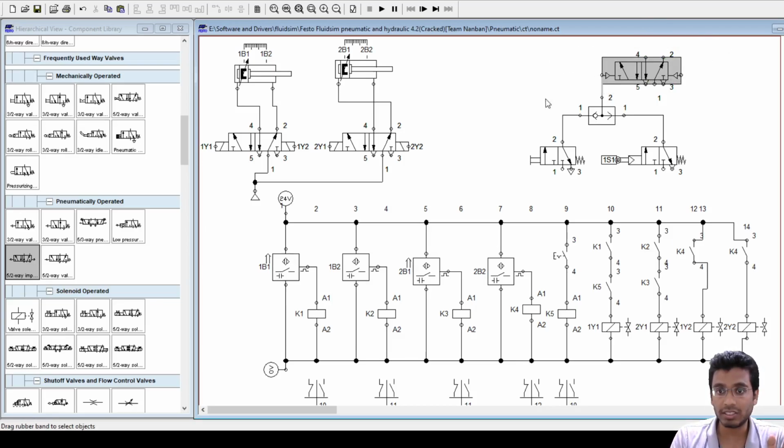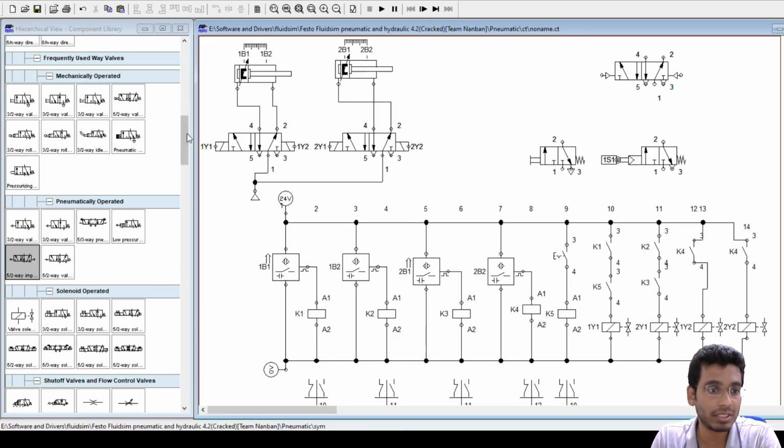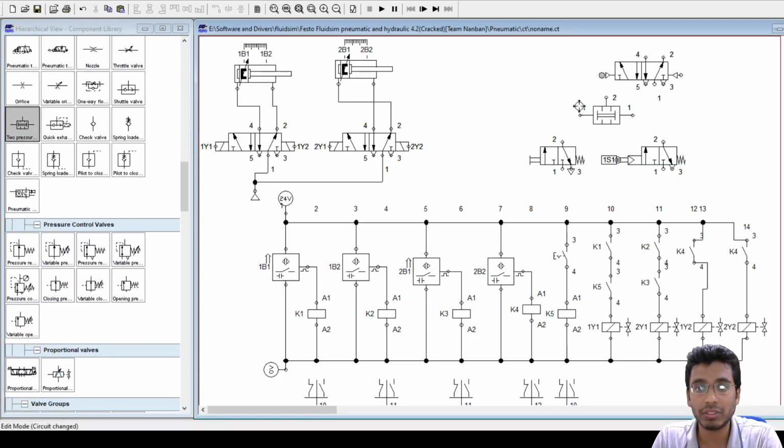Just draw this, just compare this to your this part. Now with this type of push button, you are actually actuating a relay K5. So this K5 is here, this is in series. Yeah, that is an AND gate. Sorry, I just missed it. This should be your AND gate here. That is your dual pressure valve, sorry, not pressure.